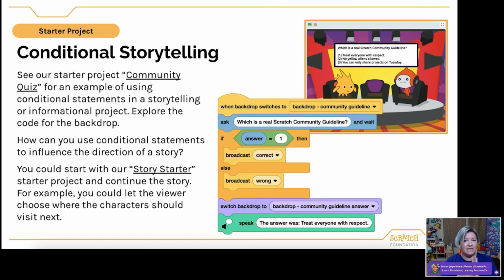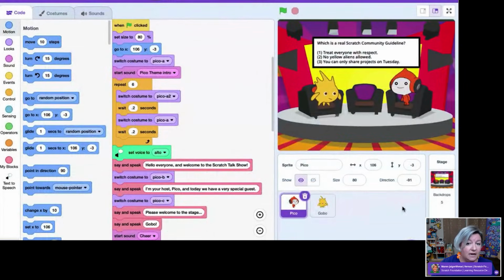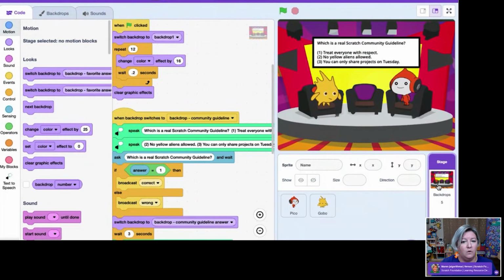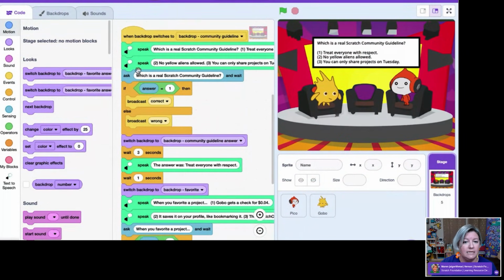And I think it's a great example of using conditional statements in storytelling or for informational projects. So, one of the things that you can do when you are in that program is you can actually see inside and explore some of the code for the background to see where it's asking questions and then what it's doing.